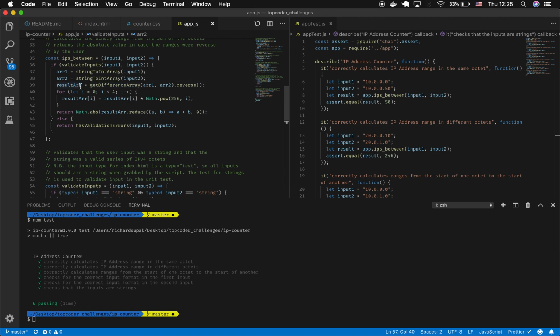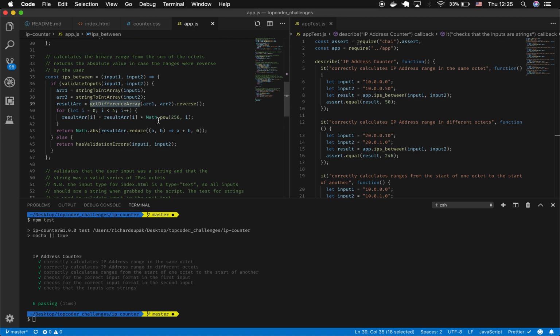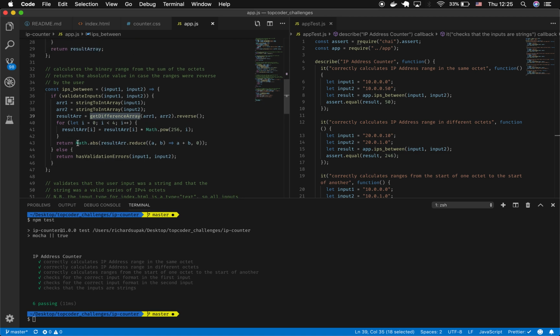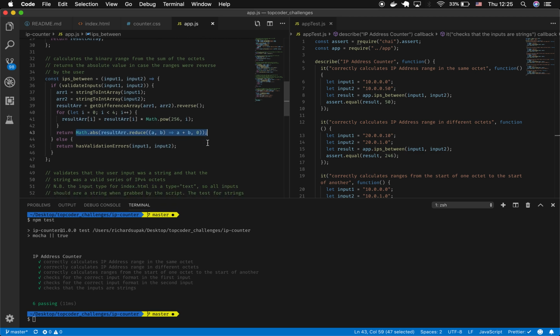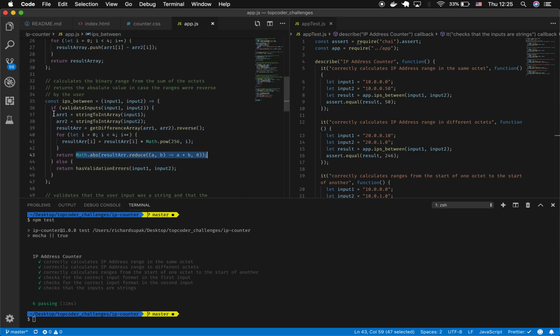Then I get the difference between the two integer arrays. So basically I'm looking at the difference between the octets, and having found the difference, I'm then able to calculate by finding the absolute value of the reduced sum of those octets. And that's if the input is valid. If it's not valid,